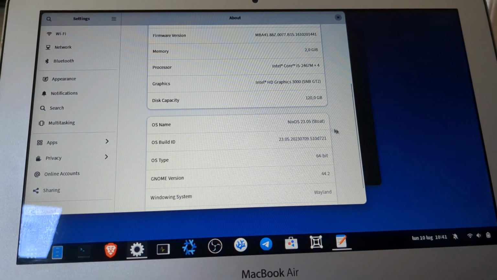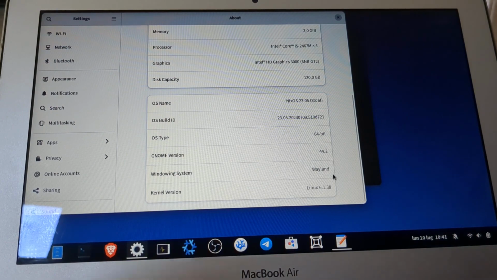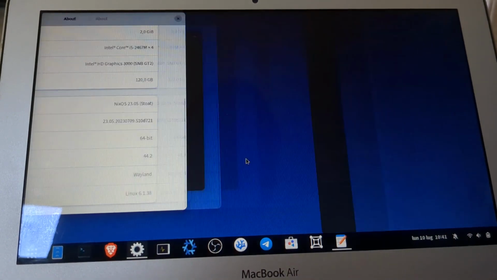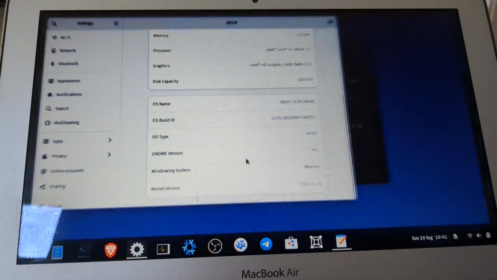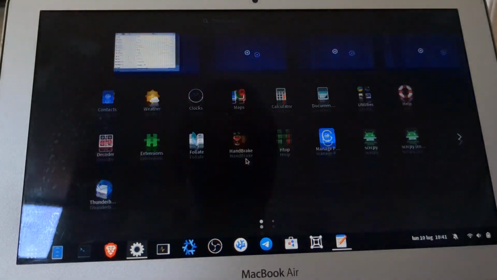And this is the latest GNOME 44, and this is NixOS 23.05. I enabled Wayland, so I can use the gestures to manage the system, and it's very fluid, as you can see.